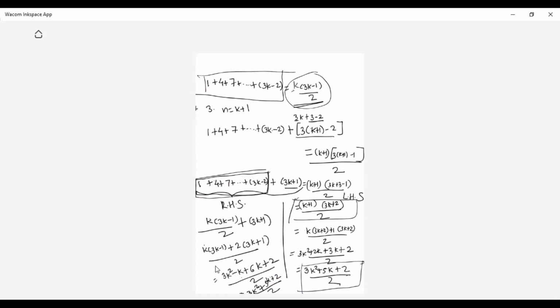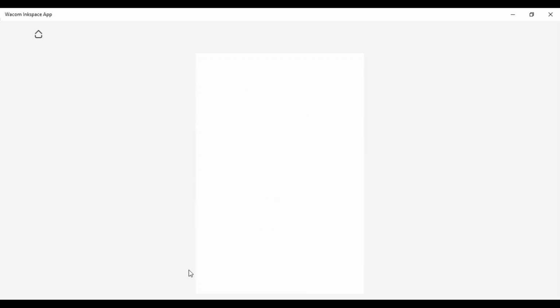Okay, one simple problem I will give first. Then we will increase the level of complexity. Okay, let me check the simple one first. Yeah, take it, everyone. 1 square plus 2 square plus 3 square plus dash dash dash plus n square, which is equal to n by 6, n plus 1 into 2n plus 1. Please solve it, student, quickly.